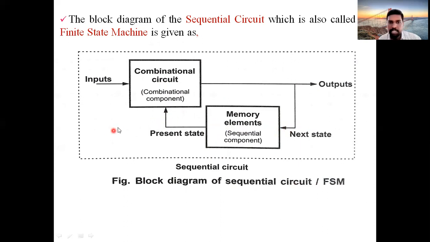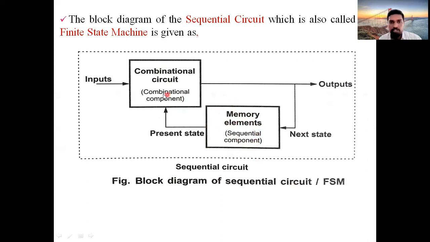Previously what I said: if you want f of 1, first of all you need f of 0. If you want f of 2, you need f of 1. If you want f of 3, you need f of 2. Like that, each and every output is again taken as feedback by using a memory element, and it is used in the next combination. So when a combination circuit is linked with a memory element in the feedback, we call this a sequential circuit. Remember that, suppose this memory element block is absent,